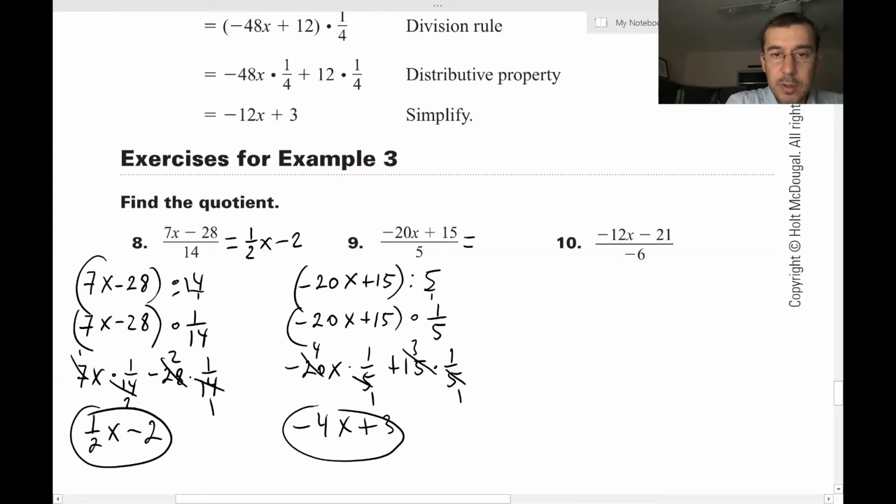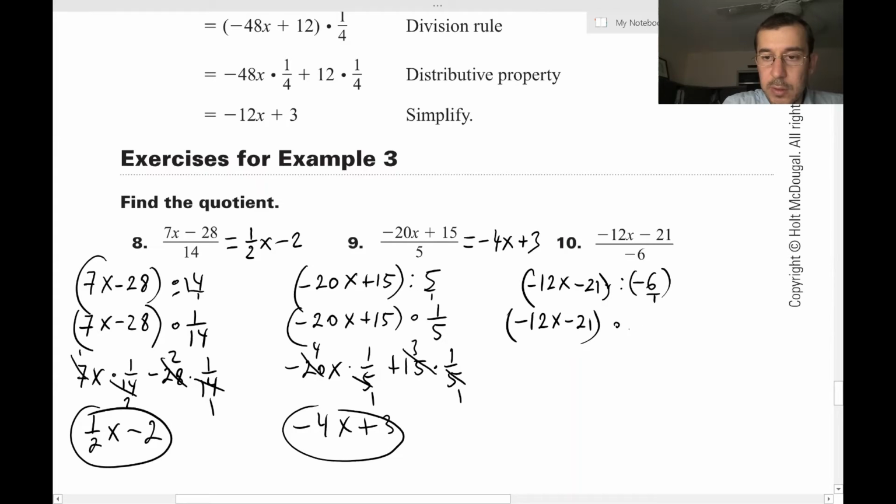And we can do it quickly here. Minus 20 divided by 5 is minus 4, so minus 4x. And then 15 divided by 5 is 3, so plus 3. And that's what we got here. And number 10, minus 12x minus 21 divided by minus 6. Or that's the same thing as minus 12x minus 21 times, this is over 1, so this is minus 1